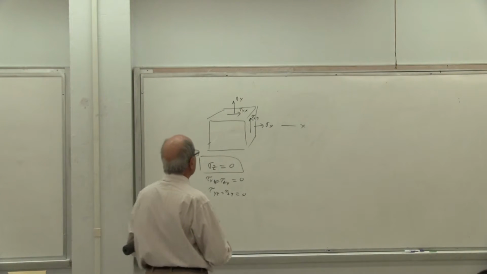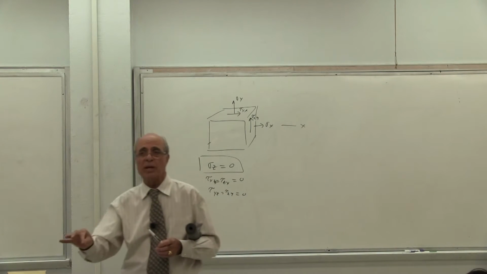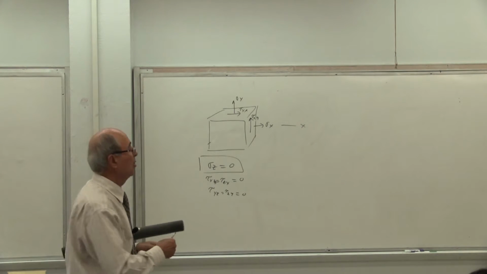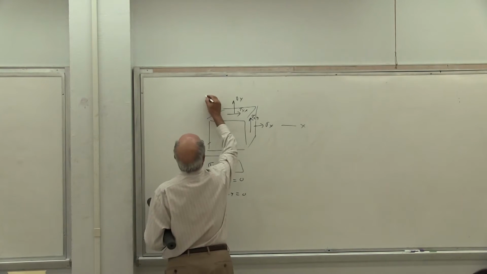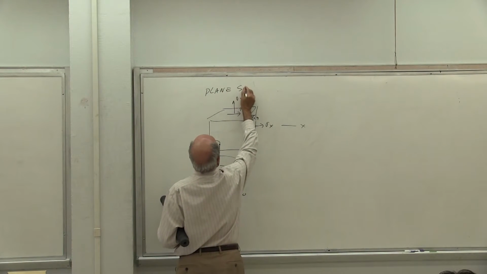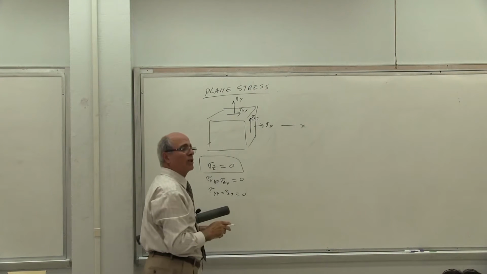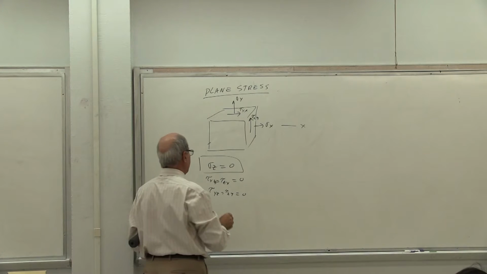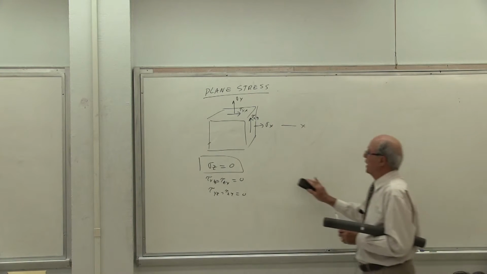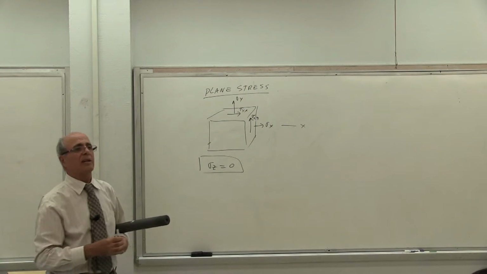You don't see it, but you have to understand that everything you do in ME 218 and in ME 219 is plane stress. Let's call this one plane stress. I'll put it in capital, plane stress. This is very important for this chapter because otherwise we cannot follow what we are doing here. Let's put that in perspective. When we do that, this is a plane stress.